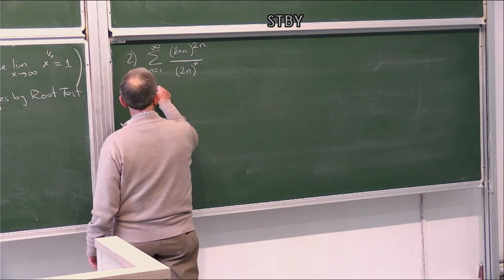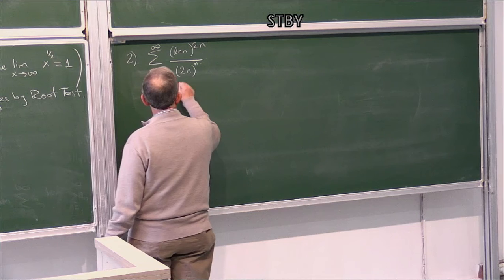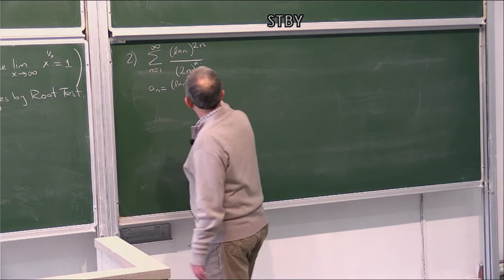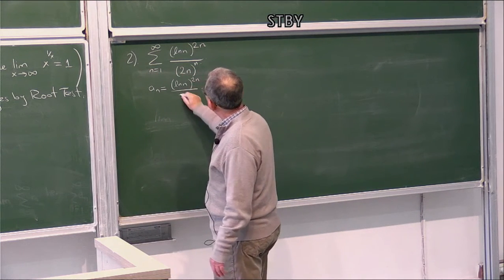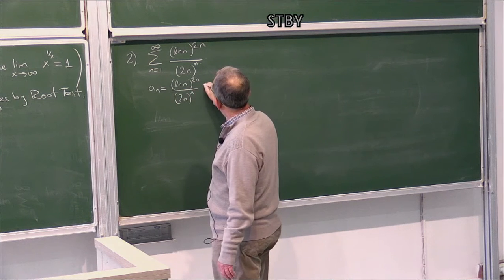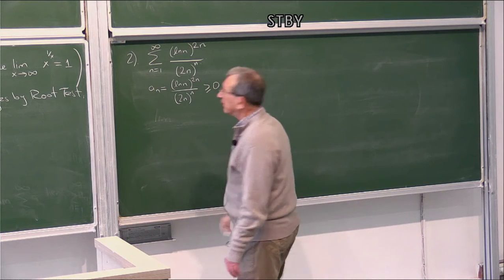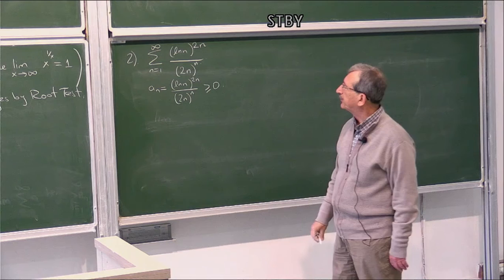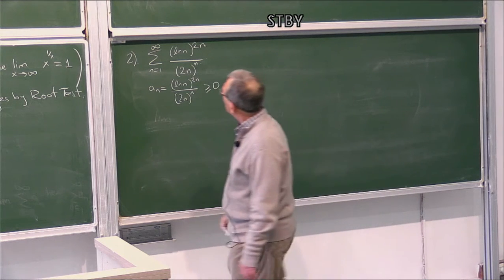So a_n, logarithm n to the power 2n divided by 2n to the n, is always non-negative in the first place. Now, note that